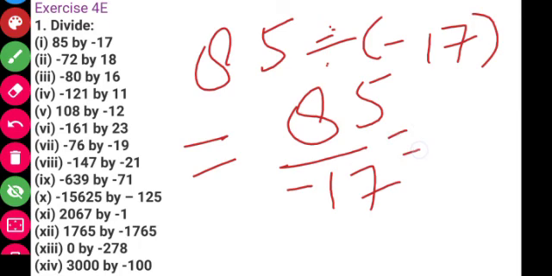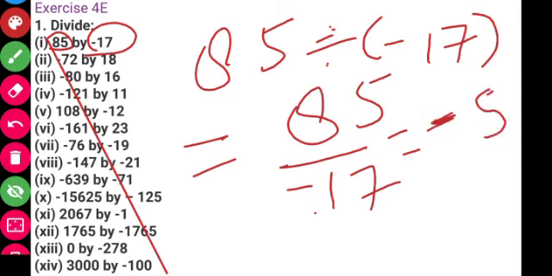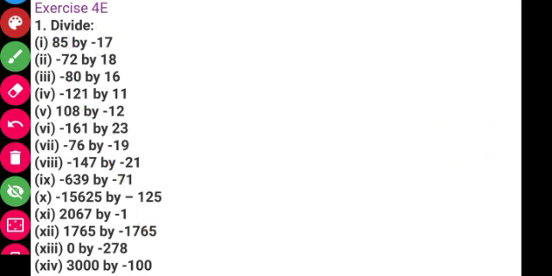You can write like this. So when you divide, 17 5 ja 85, and here one is positive sign, another is negative sign. Here one is 85 only, and one is minus 17. So one is positive, one is negative, then answer will be negative. So 17 5 ja 85. So answer will be minus 5. Understand?